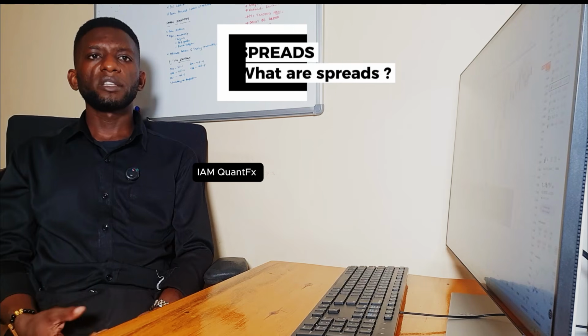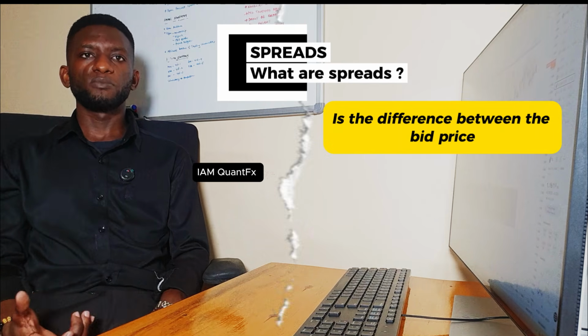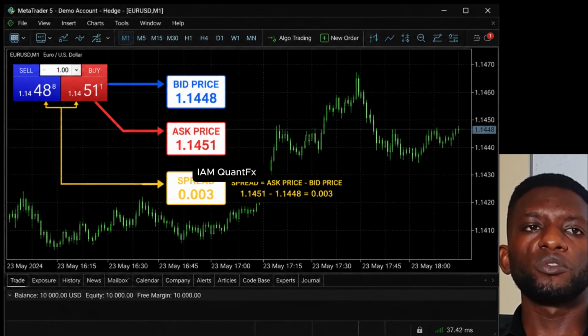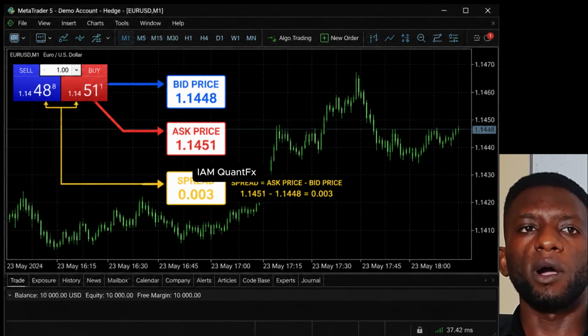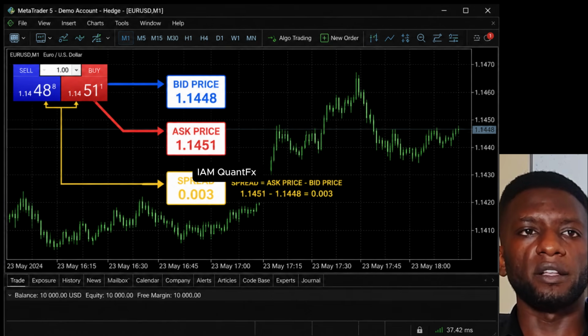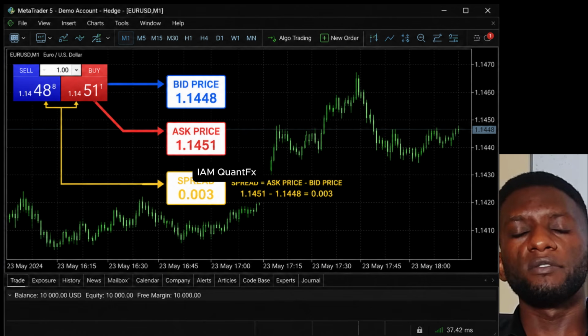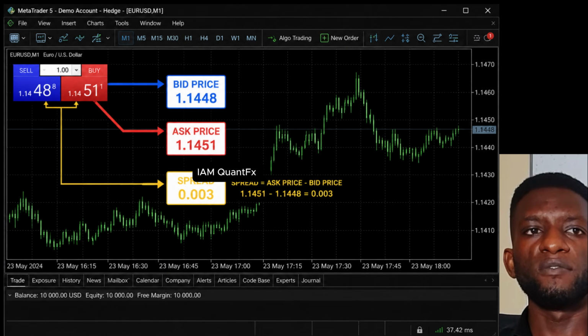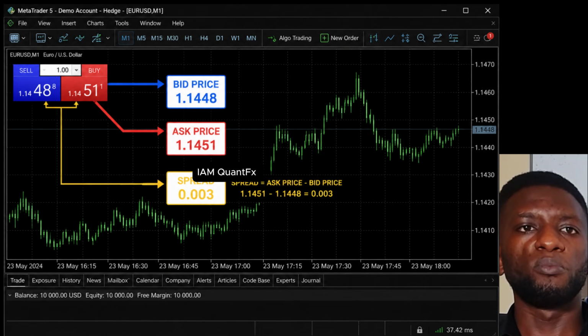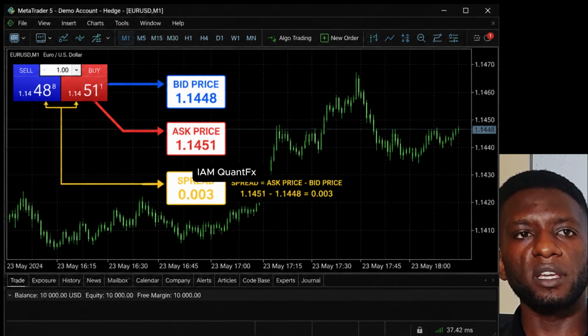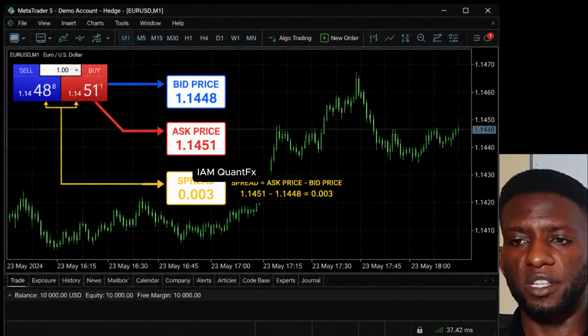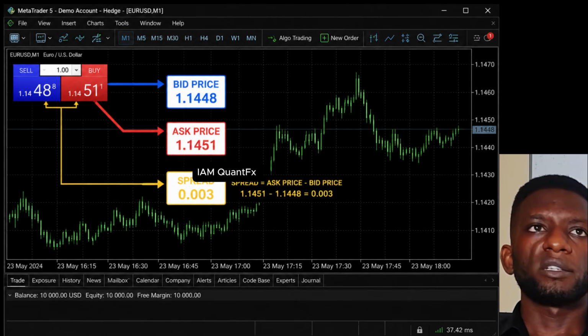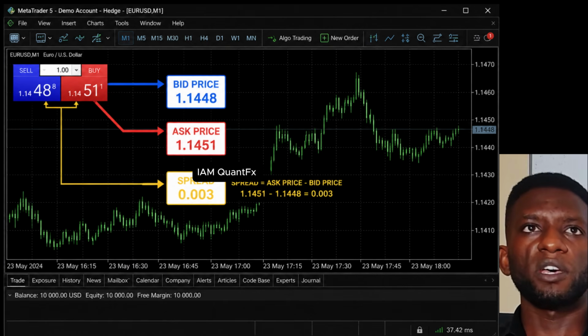What are spreads? A spread is the difference between the bid price and the ask price. Let's take an example. If Euro/USD is quoted at 1.1448/1.1451, the bid price is 1.1448 and the ask price is 1.1451. So the spread will be 0.0003, which is equivalent to 3 pips. The spread is the cost of entering a trade. Think of it as the price you pay to access the market, and every trader must overcome the spread to